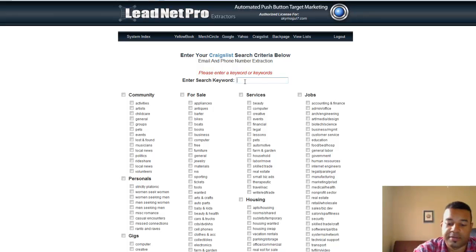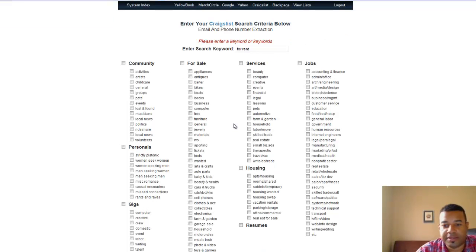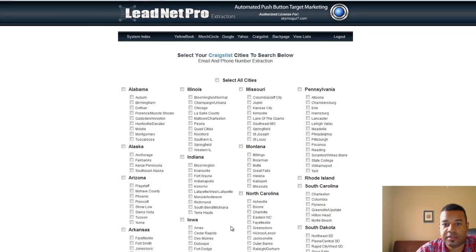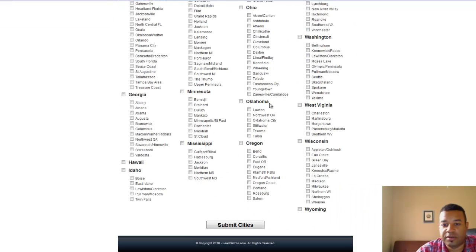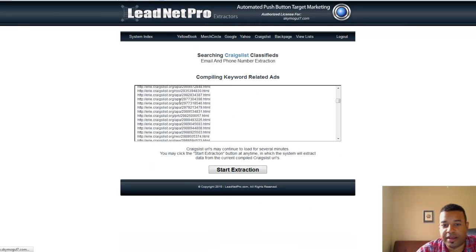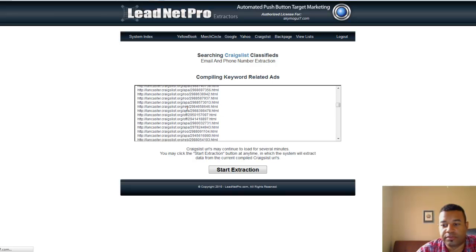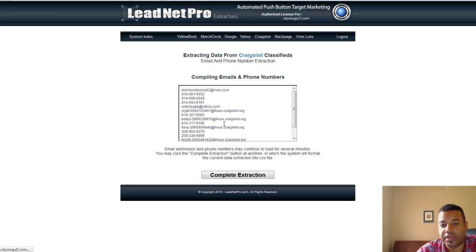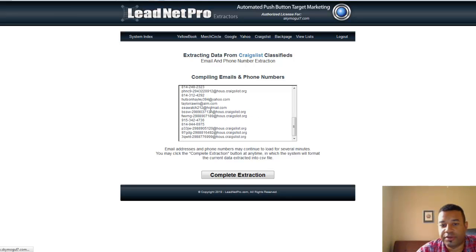and then you can say rent or for rent, and let's say you wanted to sell credit repair to people who are renting or something like that. So, housing, and then we have to choose a city or a state. Let's just choose Pennsylvania, choose the whole thing, submit cities, and then it starts pulling. These are all in that Craigslist code, and then it'll switch them around into regular email addresses. Some of them, others are still these other